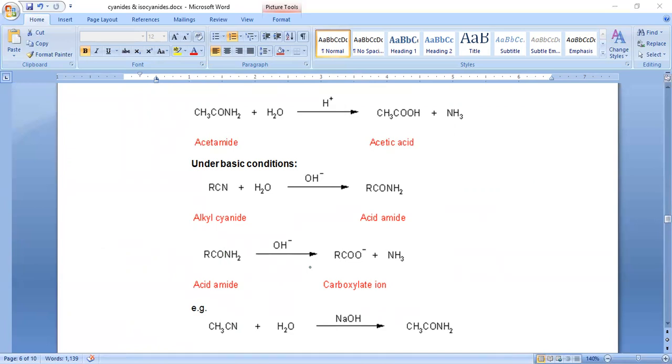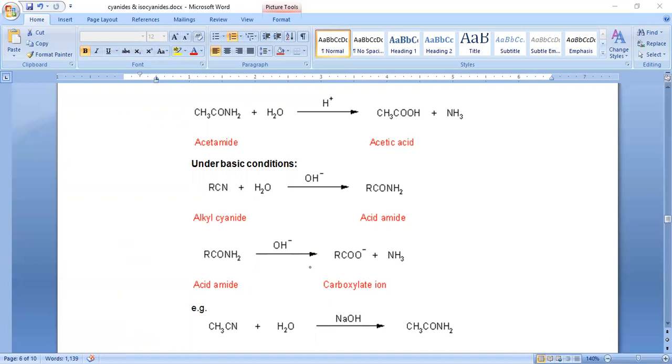And in the next step, what happened? One of the H plus will be eliminated, so thereby we may get ROH, and the hydrogen will be attached here. And in the next step, what happened? Shifting of proton takes place. You can say this is tautomerization also, no problem. Thereby we can get C double bond O and here NH2. This is amide. So that is the first step.